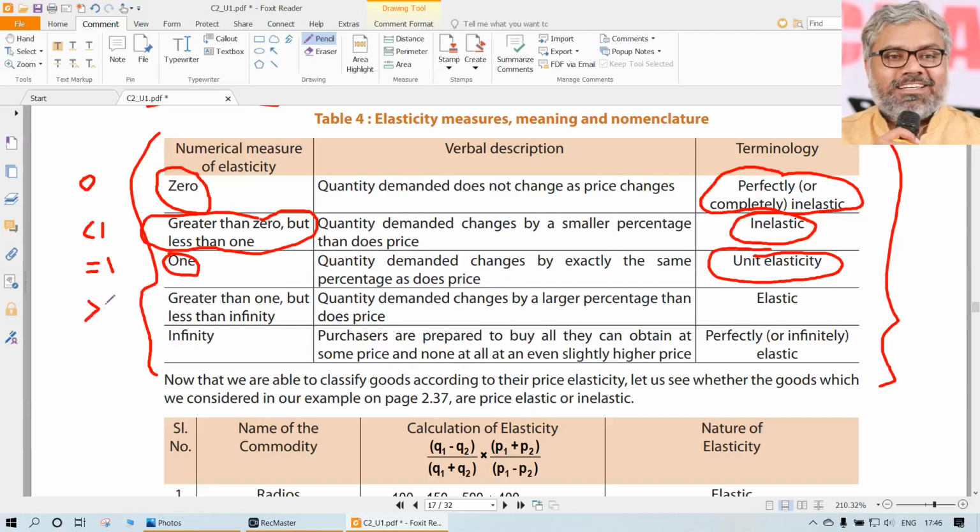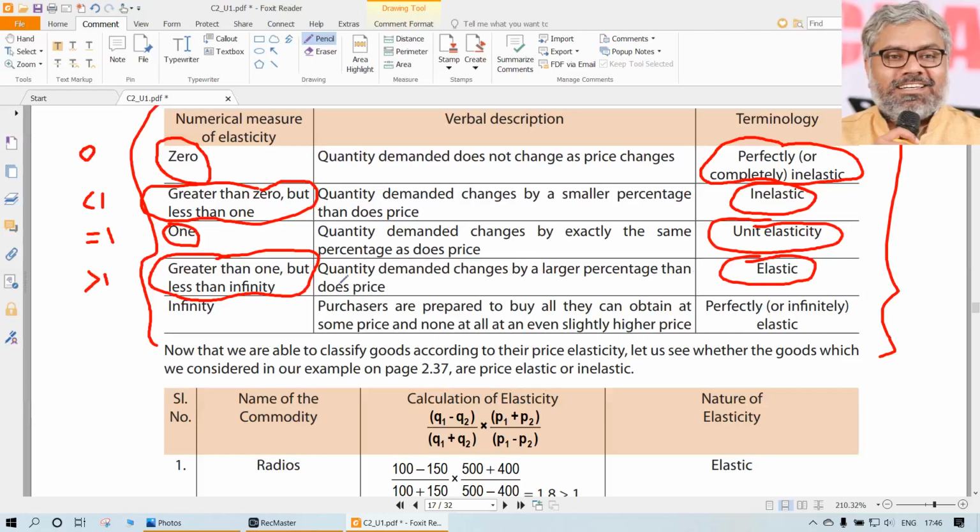What if the price elasticity is more than 1? If it is greater than 1, of course less than infinity, in that case we can call that an elastic product or a relatively elastic product. Once again, what does it mean? Numerator is greater than denominator. What is the numerator? Percentage change in quantity demanded, that is going to be more than percentage change in price. Then we can call that product an elastic product, or we can say that it is relatively elastic.